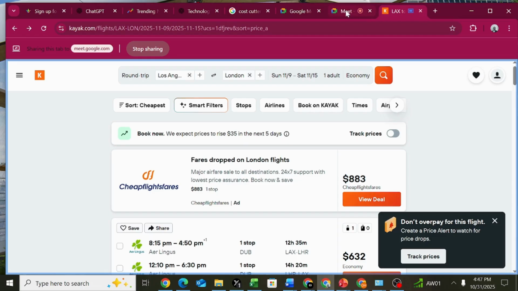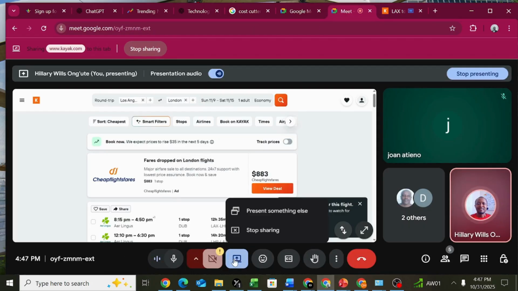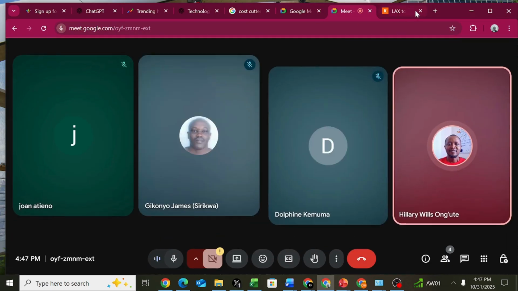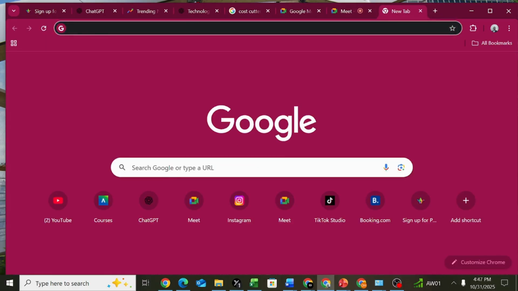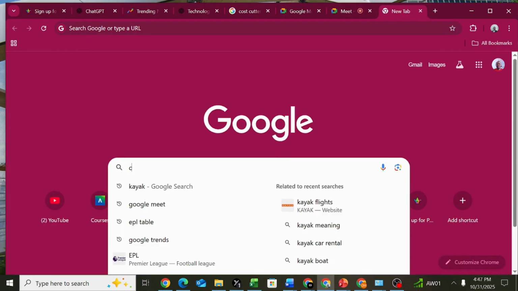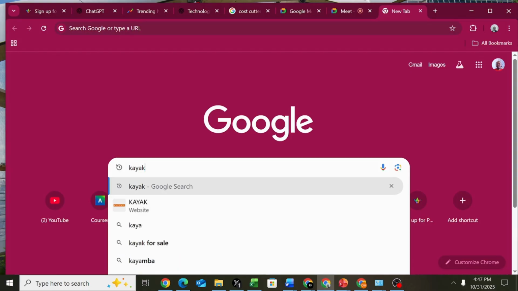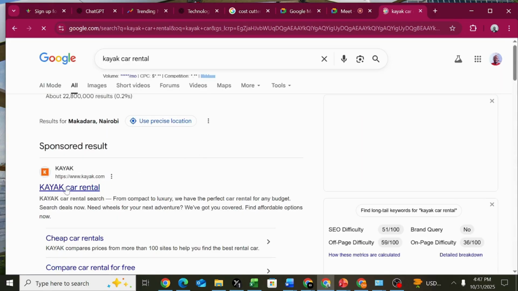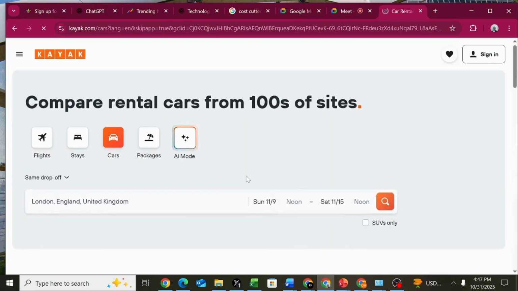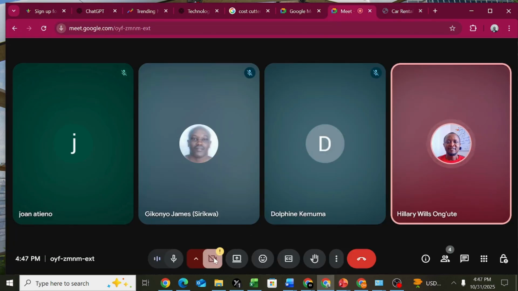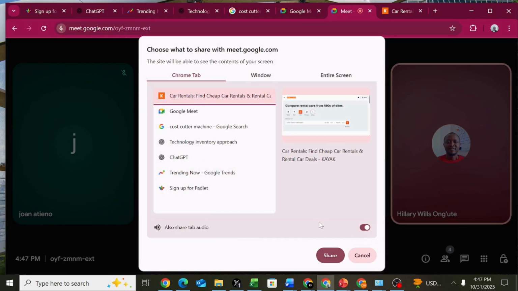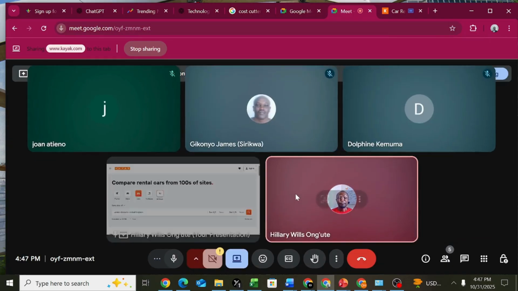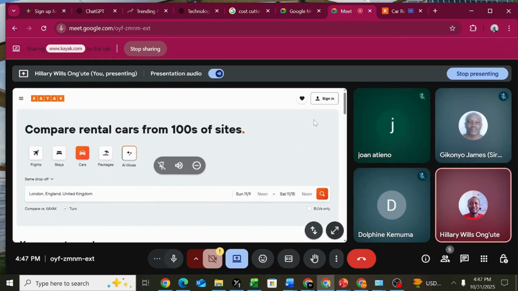So let's go to Kayak. Let's try another one. I want to try Kayak car rental. So I'm taking you to the interface where you can do research and find a car rental.